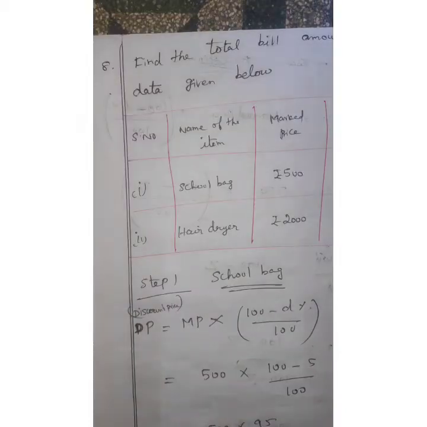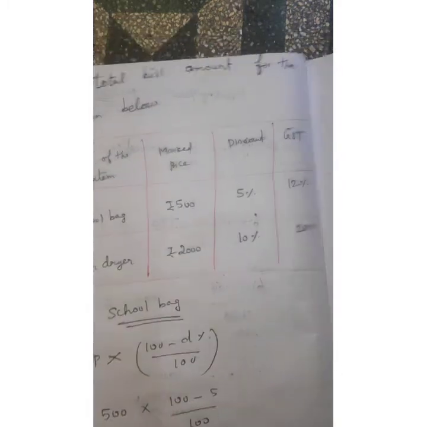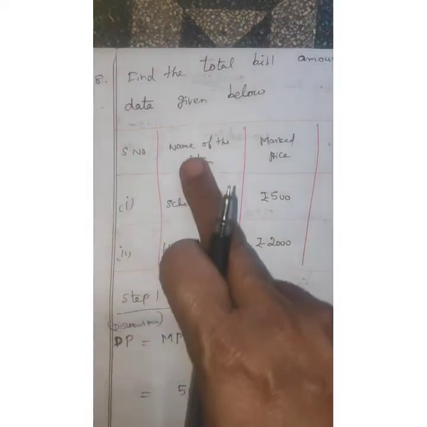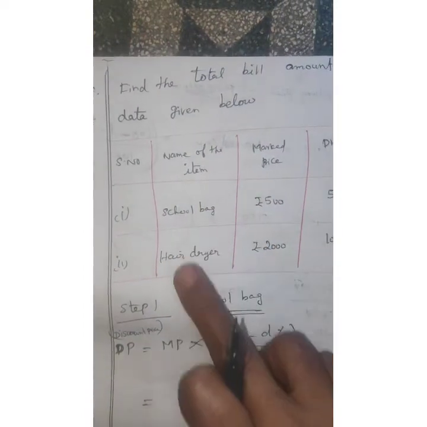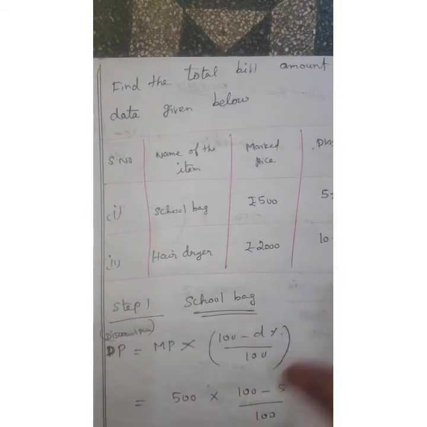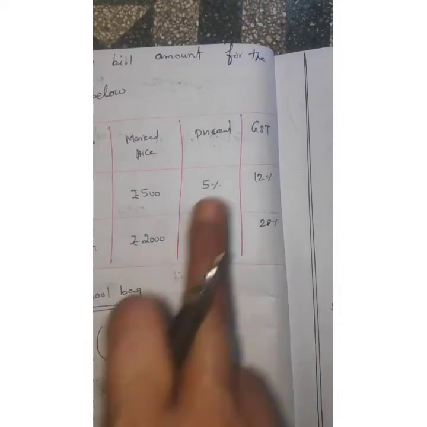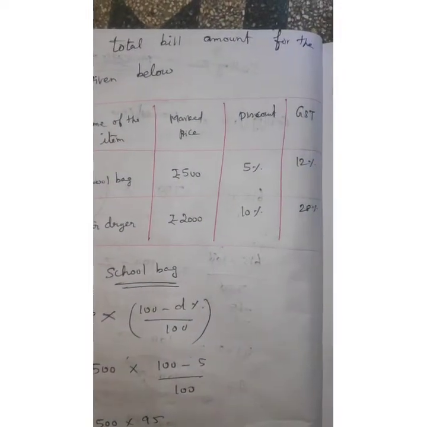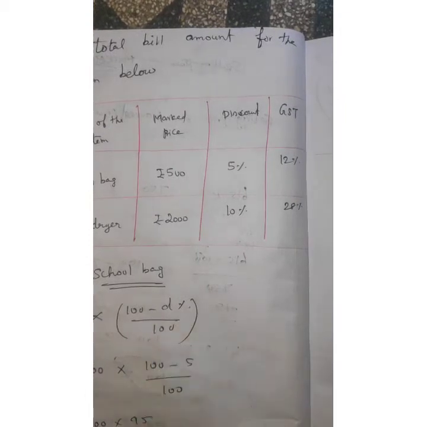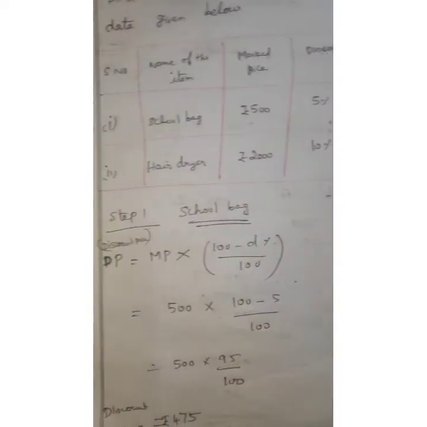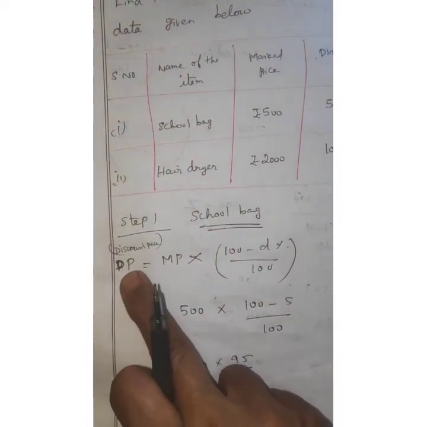Eighth question. Find the total bill amount for the data given below. Name of the item: school bag, hair dryer. School bag: market price 500, discount 5%, GST 12%. Hair dryer: market price 2000, discount 10%, GST 28%. Step 1, school bag. School bag discount price equal to